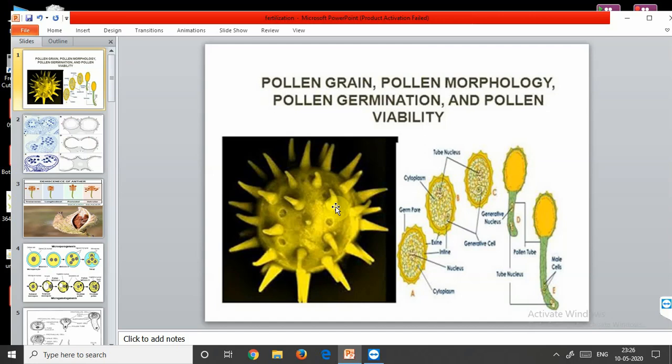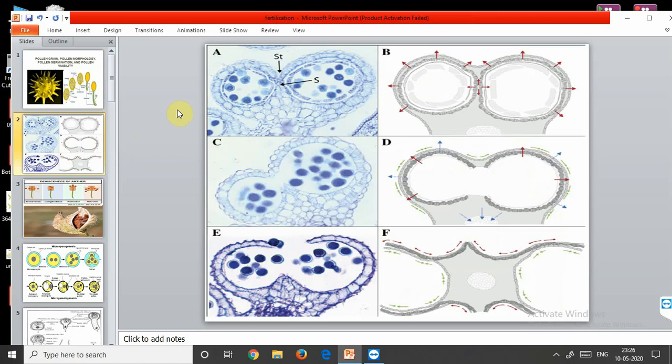Now we'll talk about the dehiscence of anther. What is the dehiscence? In the diagram you can see the slow opening of the walls and then these pollen grains are released from the anther walls. So let's discuss this. During the maturation of anther, there are various changes that take place in the walls of anther. So what are these changes? In the beginning, the middle layer degenerates. I told you there are 3 layers: the outermost layer, that is the epidermis, and the endothecium, the middle layer, as well as the tapetum. So this middle layer degenerates after the tapetum has absorbed all the food, and now there are only 3 layers left.